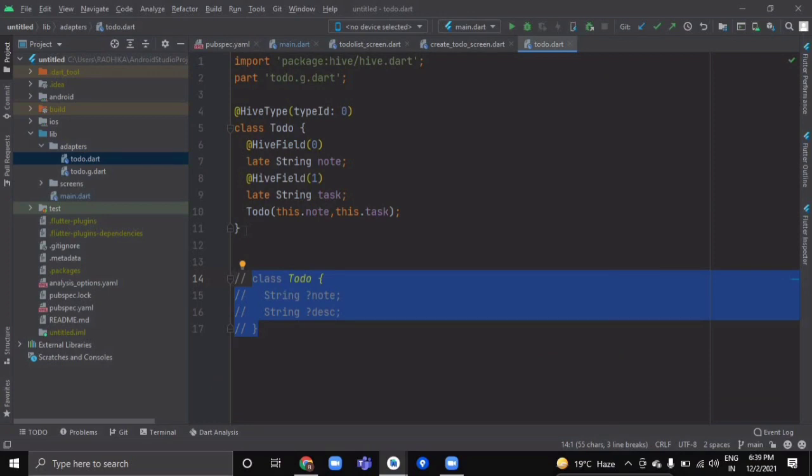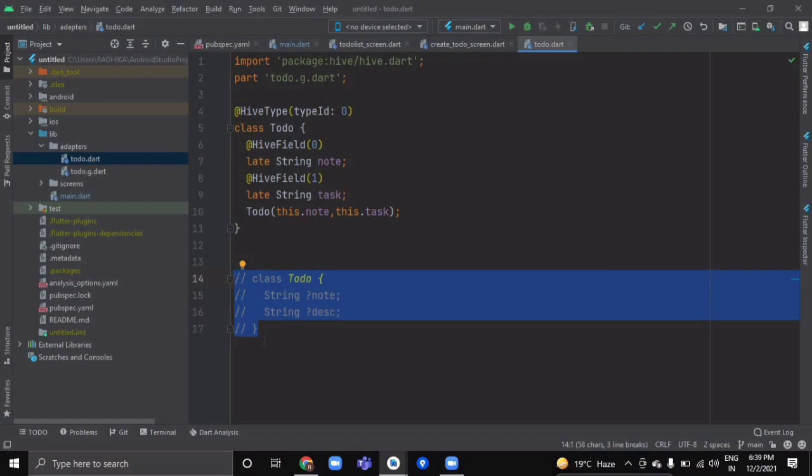So guys, whenever you want to create an application, you generally create your custom objects, which we name as models or POJOs. Each model has a class name and a list of attributes which it should possess, like a person model should have the attributes of ID, name and age as well. So generally we declare our model class like this. But in Hive, to use a custom object, we have to make use of type adapters. Now what are type adapters?